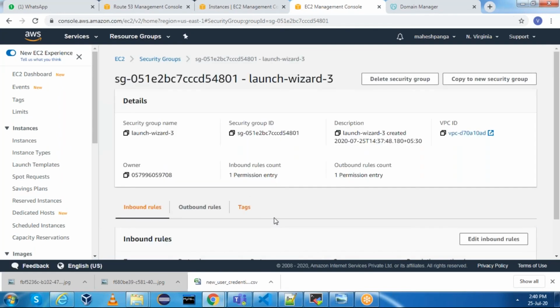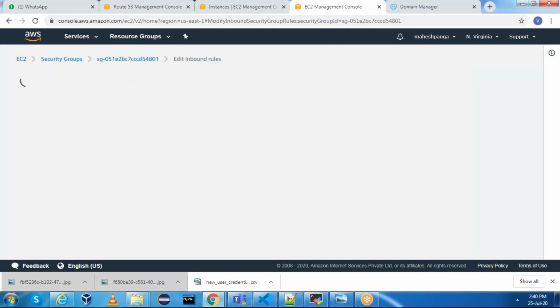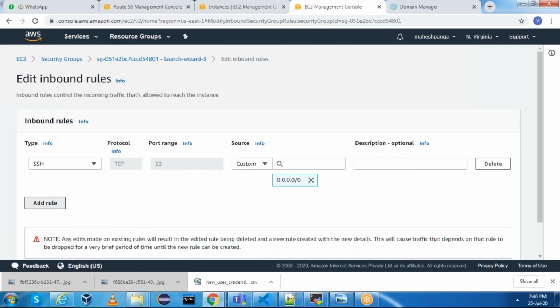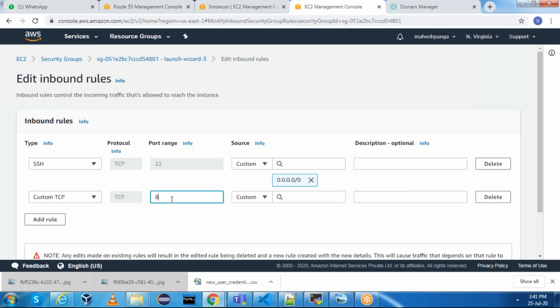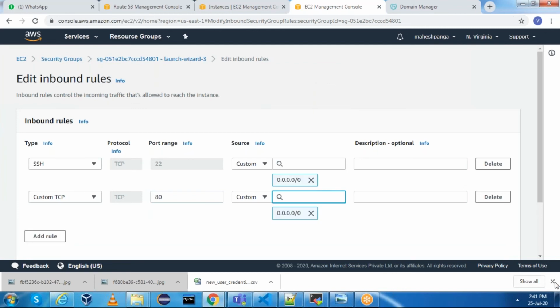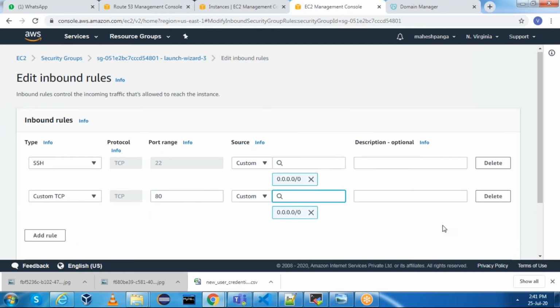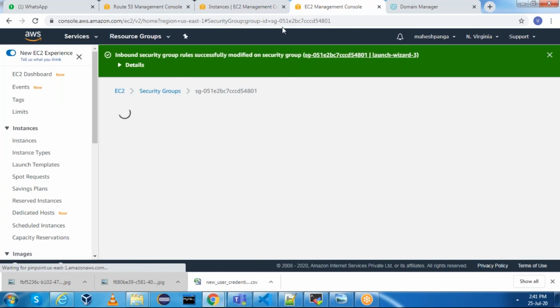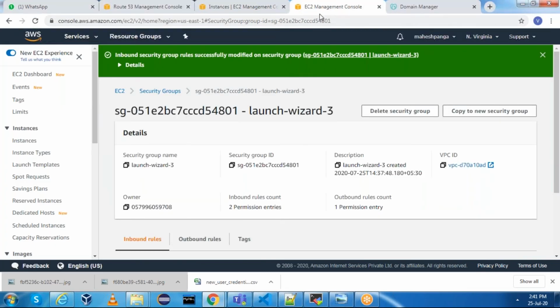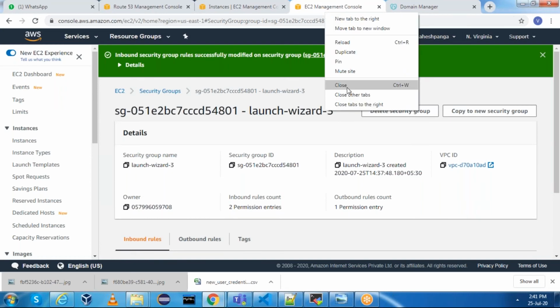Go to the security group ID, add rule for 80 for all the traffic. Now click on save. Once this is saved, now your website should be up and running. Your login page should be up and running.